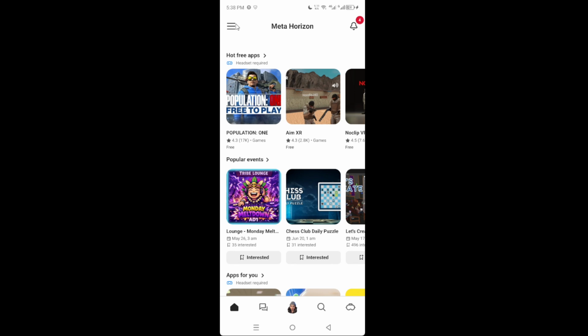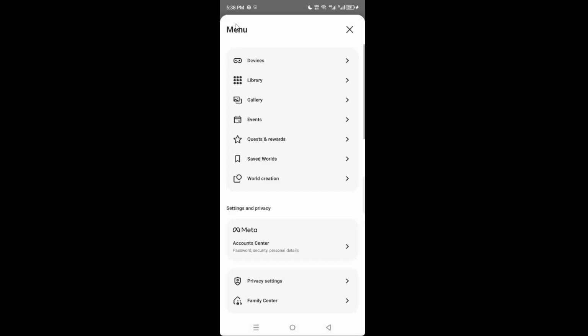Next, look to the bottom right corner of the screen and tap the Menu tab. Depending on your version, this might look like a three-line icon or a profile-style button. This section is your central hub for account-related options, billing, and app settings. If the layout looks a little different on your device, don't worry. Labels can vary slightly between app updates, but the key sections are the same.